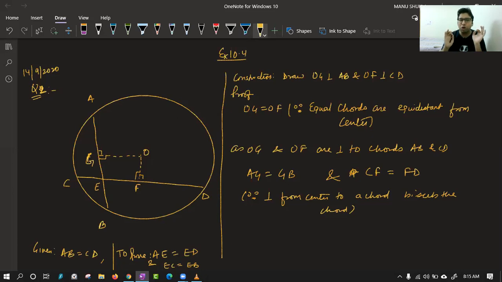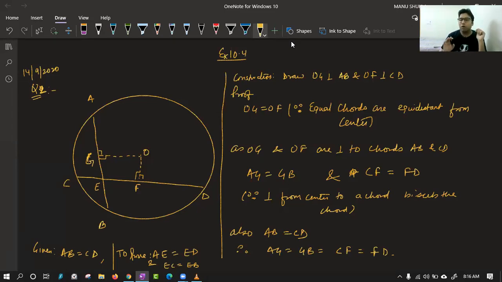So we have got a point that AG and GB are equal, CF and FD are equal. Can I say they all are equal? Because if wholes are equal, then halves are also equal, class. Also, I can say as AB equal to CD, therefore AG is equal to GB is equal to CF is equal to FD. Class, we can say.